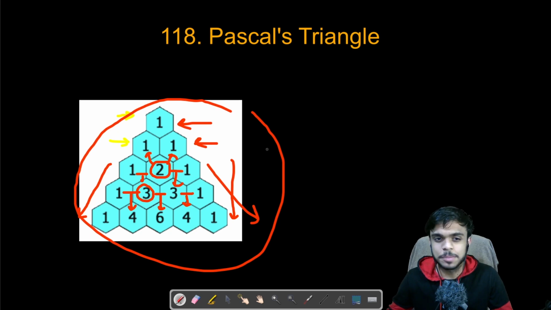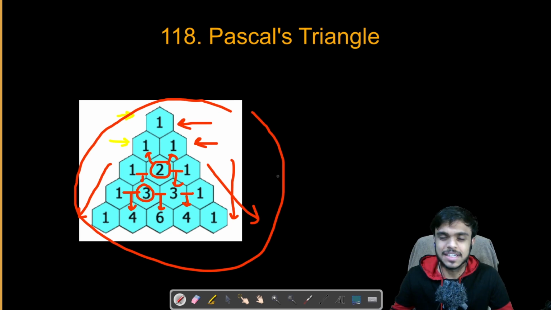So I think it is pretty obvious, and the approach that we'll be using here is dynamic programming. Basically, it is nothing much, just taking the previous row into account and adding values to get our current value, so it is termed dynamic programming. Now let us look at the code to understand this better.